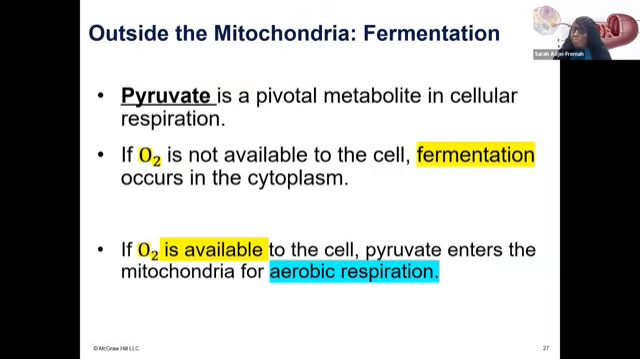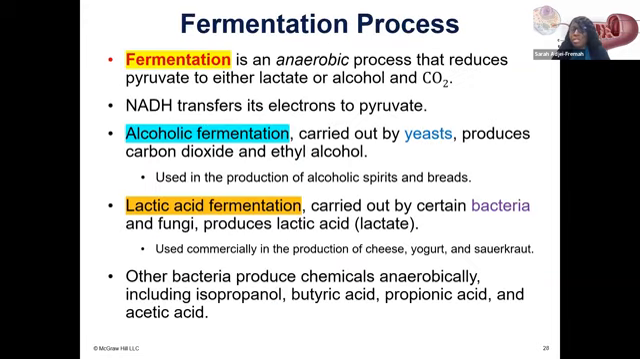Now, pyruvate, which is a byproduct from glycolysis, sometimes there may not be oxygen available, but we can still harvest energy and break pyruvate down. The process by which we can break pyruvate down in the absence of oxygen is called fermentation. So the fermentation process is really straightforward. It's anaerobic, so there's no oxygen involved, and it involves the help of NADH to transfer electrons to pyruvate